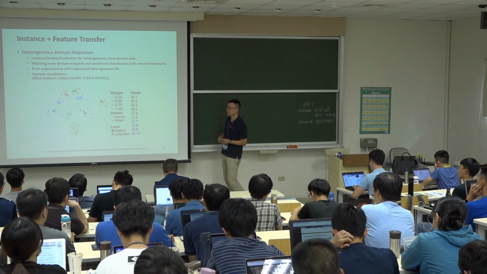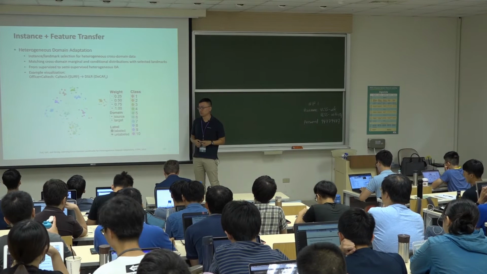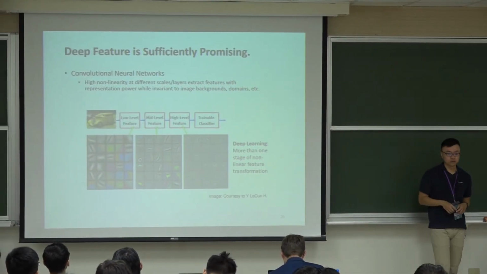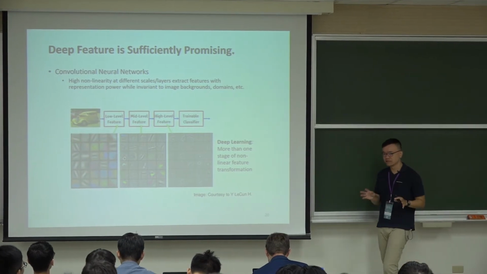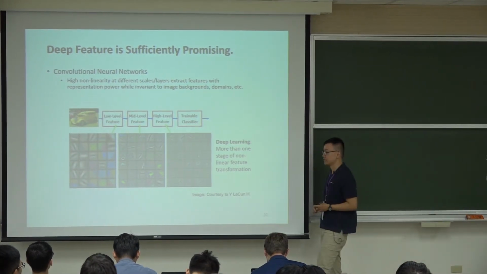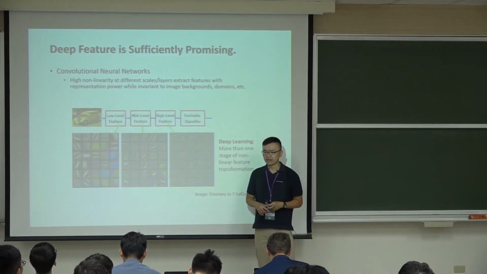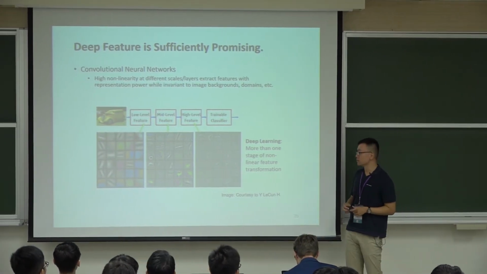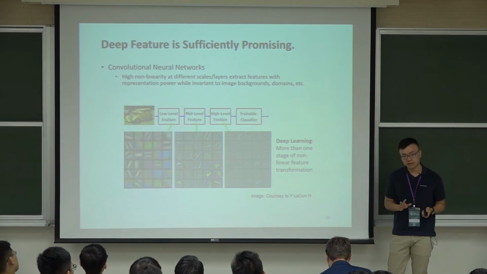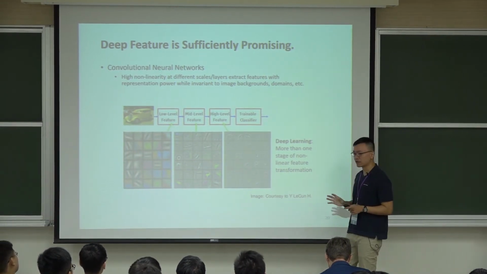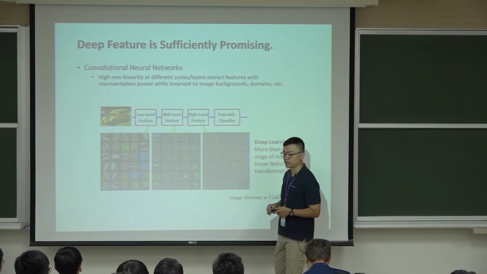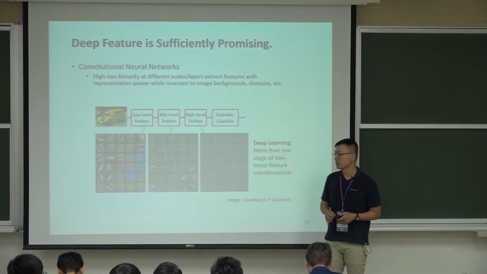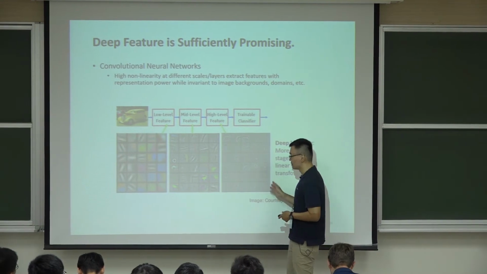Okay, then we can move on to look into the deep learning parts and see how the deep learning people address such still somehow challenging domain adaptation tasks. Again, I assume that most of you have background in deep learning already, so you would probably understand, agree, and feel comfortable that deep learning is a powerful technique. Once you throw in lots of data with ground truth level information available, it will be able to learn good features, good feature